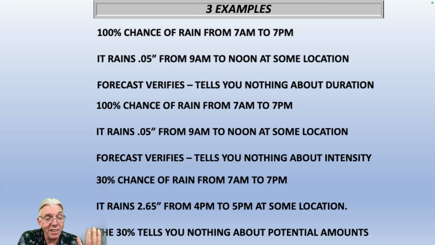So there's a lot of things that these probabilities don't tell you, okay? And it's important not to misinterpret those numbers because you could end up thinking something very, very different than what actually turns out. How many times have you heard in the summertime a 30% chance of an afternoon or evening thunderstorm, and it seems like a low number, and so you think, well, yeah, I can get my round of golf in or my round of tennis in or whatever, and then this big thunderstorm parks itself over you for an hour in the afternoon, and you're huddling underneath a tree on the golf course hoping that lightning doesn't hit the tree and end up having an adverse effect on your life.